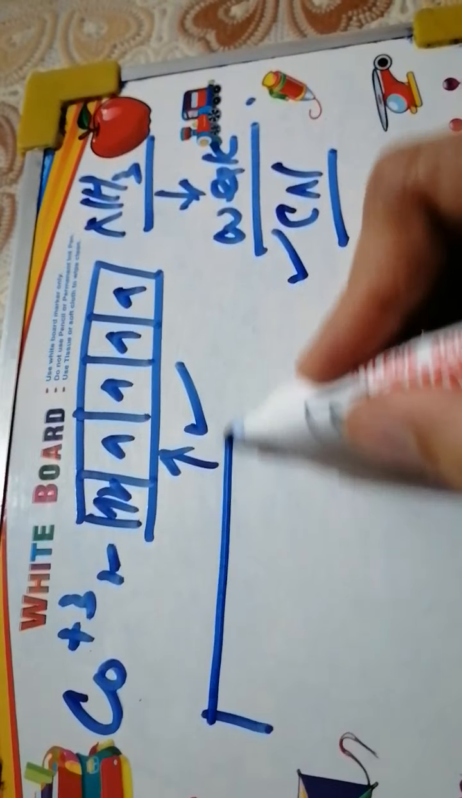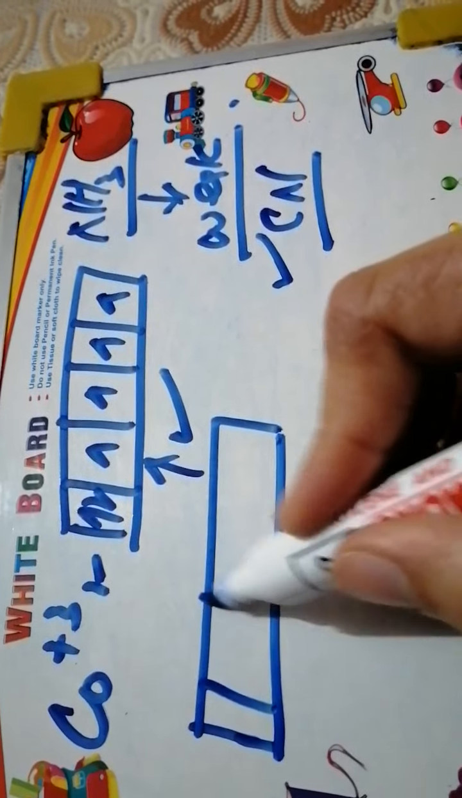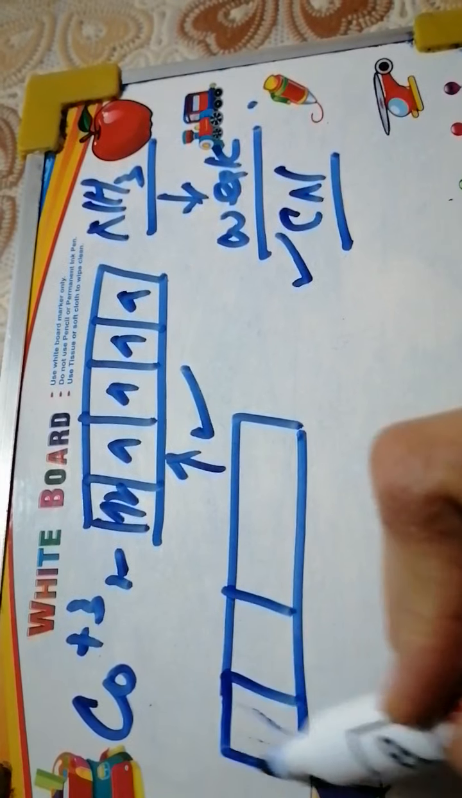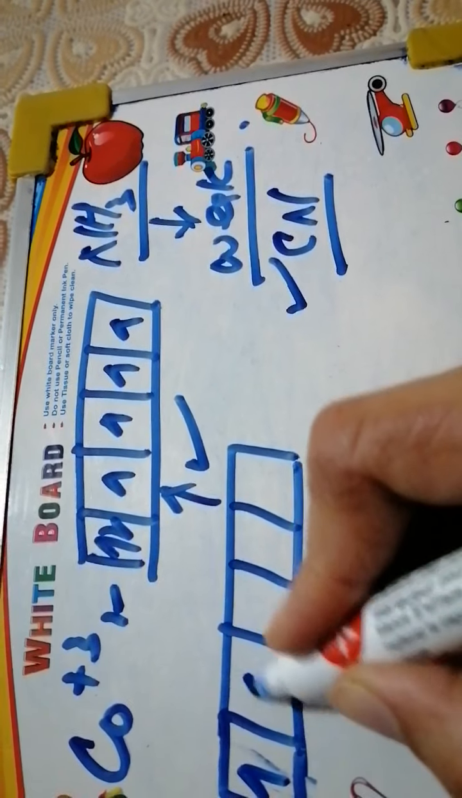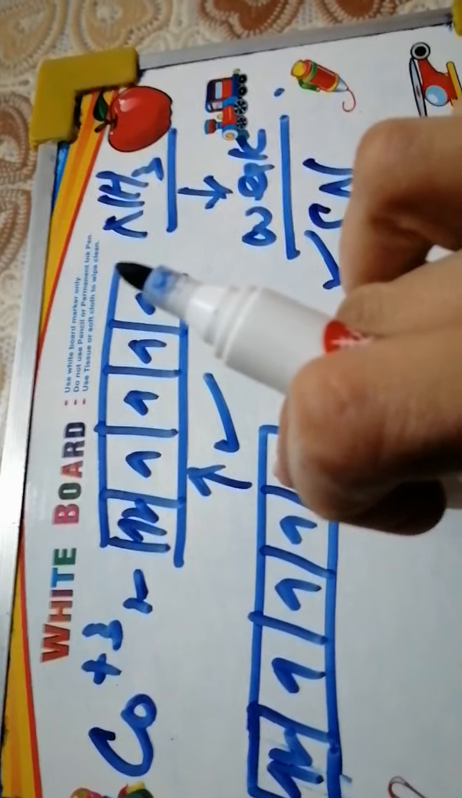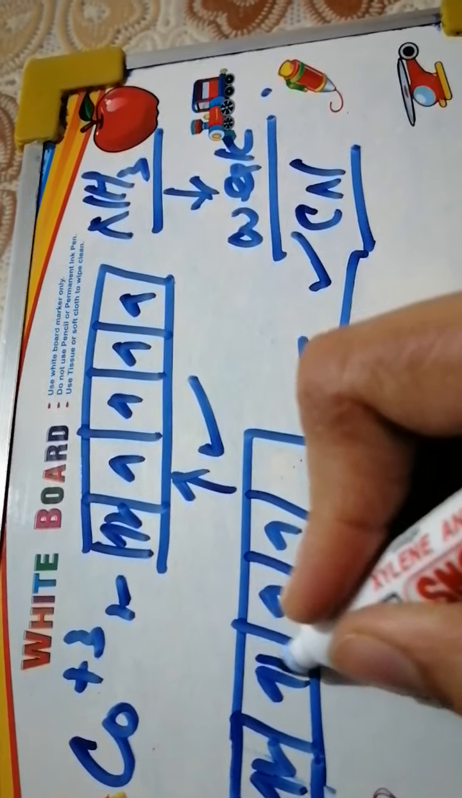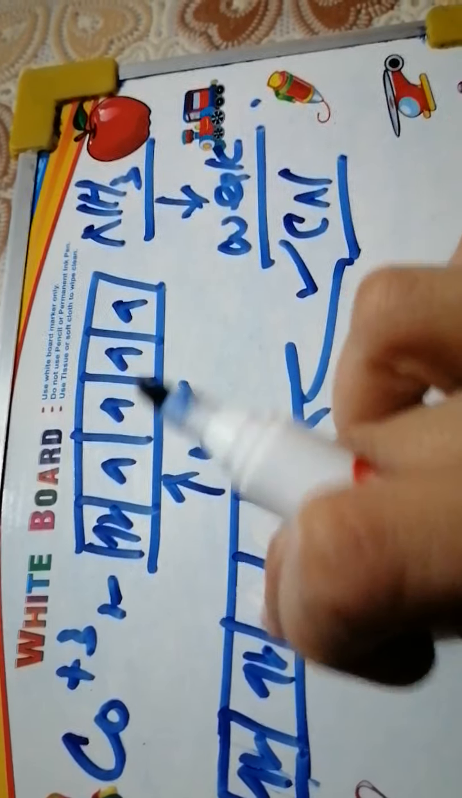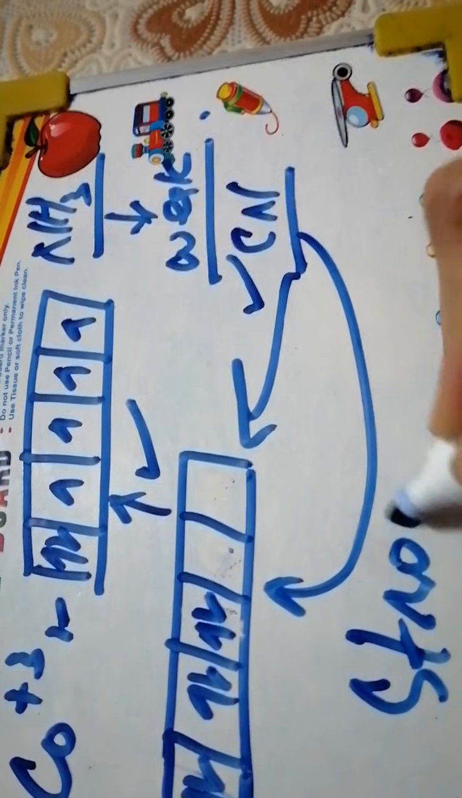But if we have a cyanide, being a strong ligand, what will it do? We have 1, 2, 3, 4 and 5, right? And we have 6 electrons, 1 2 3 4 5 6, right? If cyanide approaches the metal ion, it will compel the metal electrons to pair up. We have a total of 6 electrons in d, so all 6 electrons will pair up. This is forced by the strong ligand,